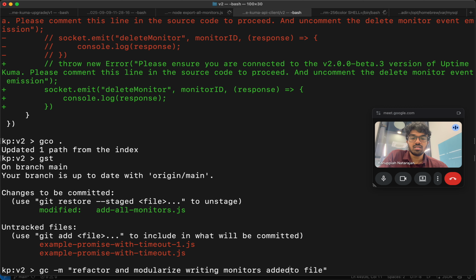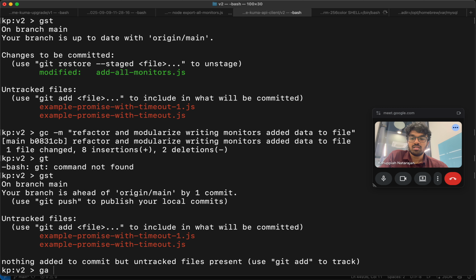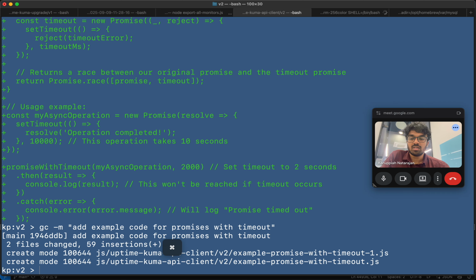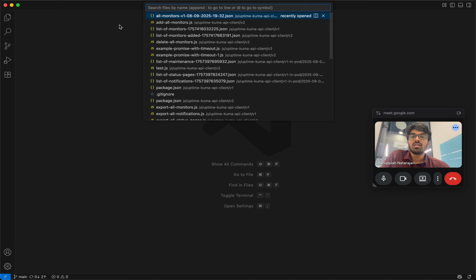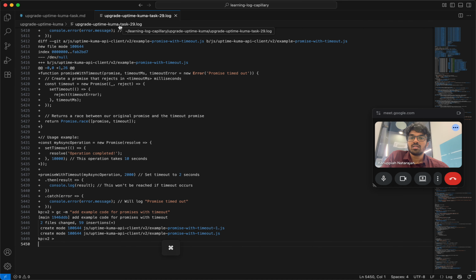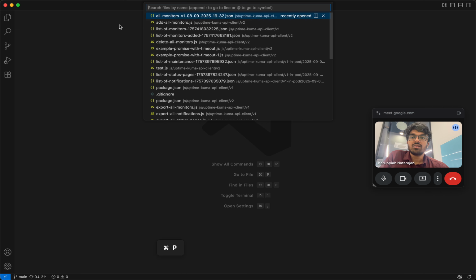Pointers added data to file. Add example code for promises with timeout. Right? I wanted these, so I'll just keep it here for now. Okay. So I just need to